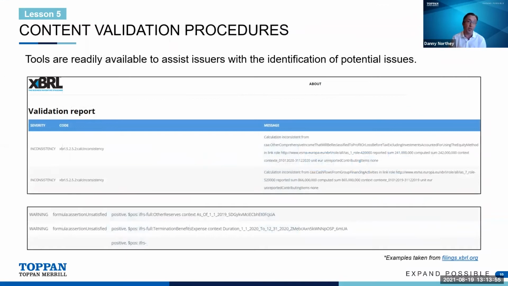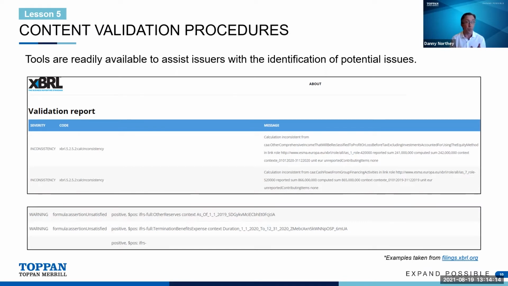The next two lessons are all about the XBRL files and the content, including the validation process with the auditors and also with the regulators as well. Lesson 5 here particularly focuses on the content validation. And basically the aim is to identify potential issues early, particularly around the structure of the